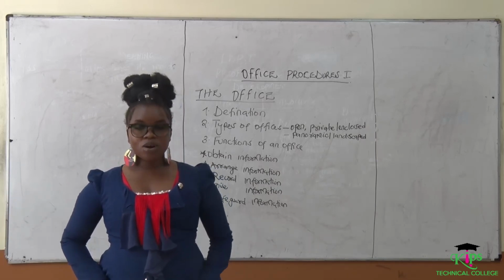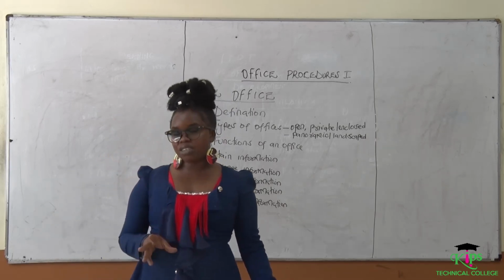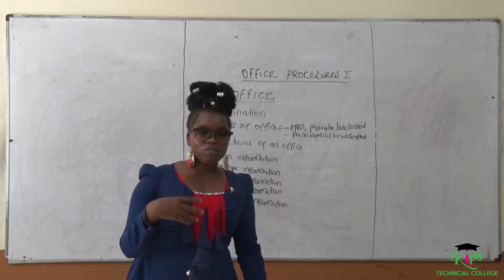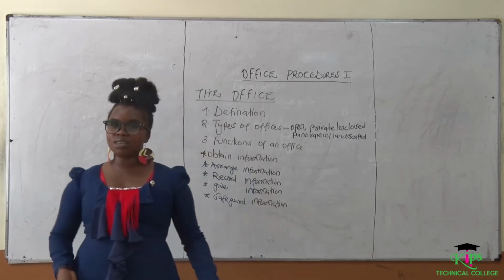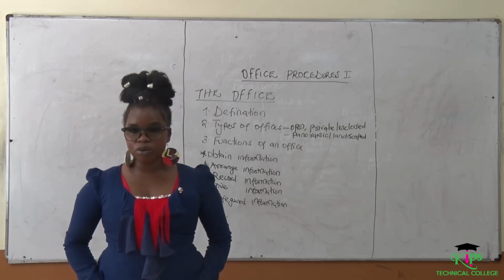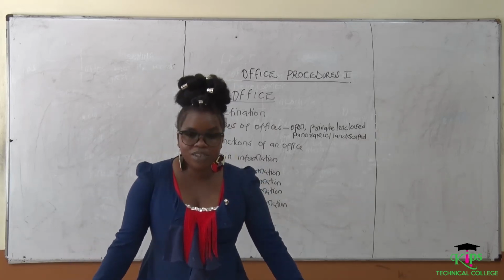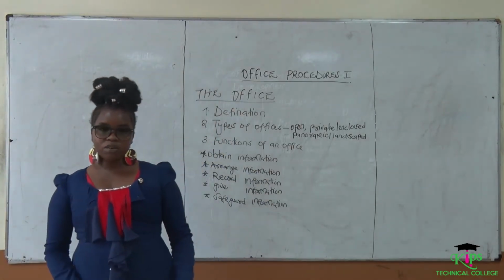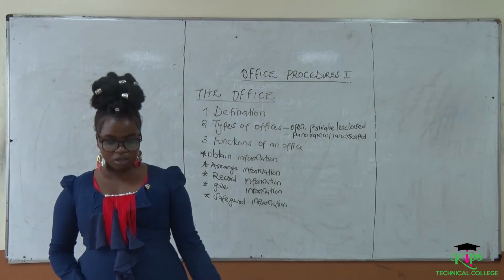Then we have the panoramic or the landscape office. Just as the name goes, it has different departments, but it is divided by flowers or small plants, because this kind of office has a nature essence. It has to bring that serene environment of a natural setting. So the panoramic or landscape office is divided by flowers, and they are not left to grow so big. They usually trim them to make sure that the environment also looks serene for the workers and also the customers who are going to visit the organization.